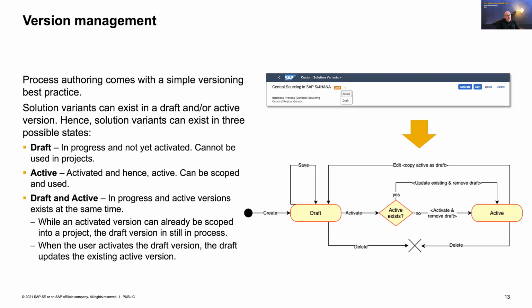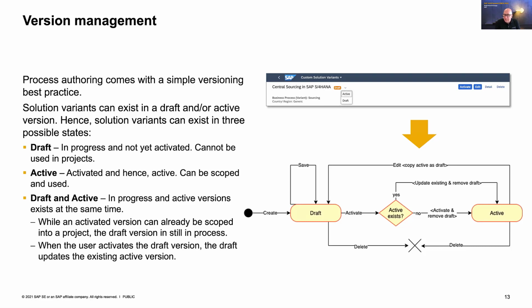And the draft version is not visible to other parts of Cloud ALM. A draft version is only visible in the solution authoring, in the process authoring area. You can play around, you can change it, you do not disturb other people, you can create garbage processes, you can create real processes, you can do whatever you want there. Nobody will see it. But then, if you think your process is good enough, you have the activate button. And then you can activate your process. And if you activate your process, at that point in time, it gets visible to everybody else.